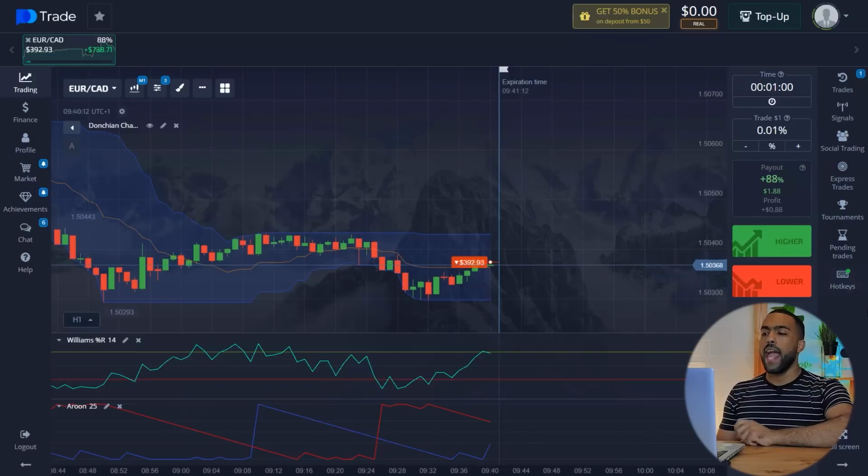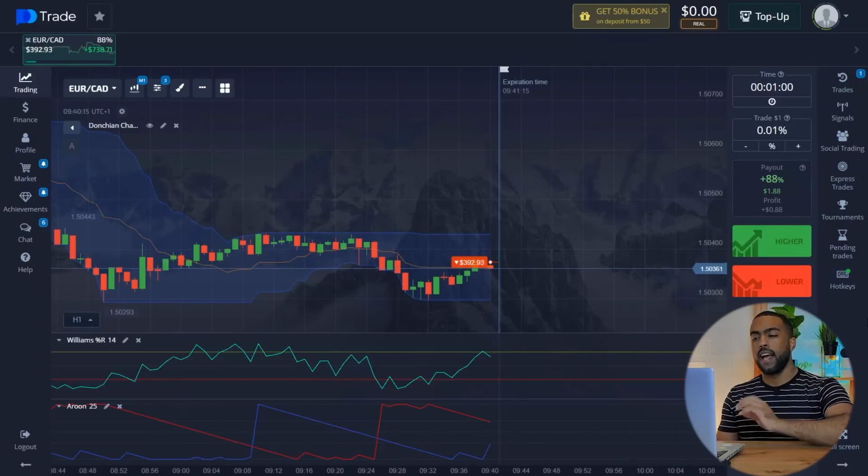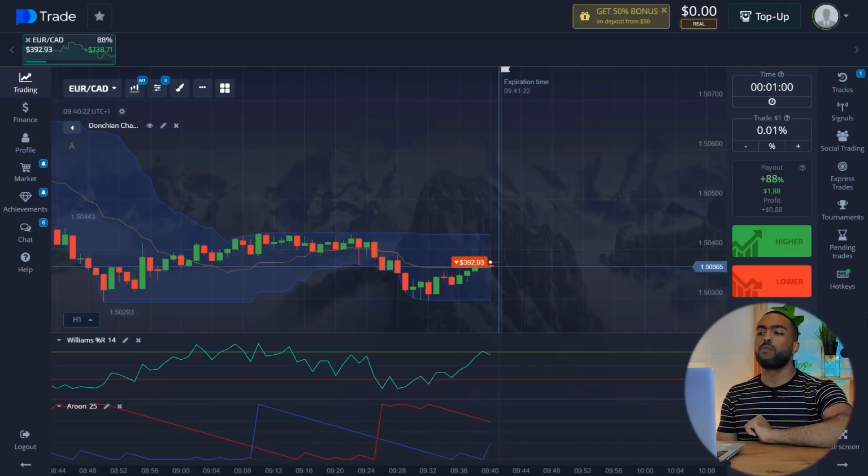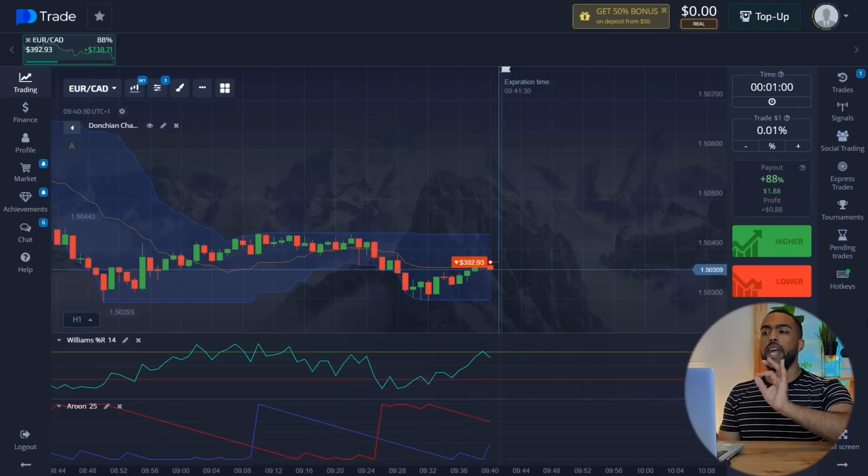1 minute. And I made this decision because despite the growth of the price, the line of the Williams indicator, after entering the overbought zone, it began to shift downwards, and this was a clear signal for me about a possible decline in price. And continuing the conversation, I want to note that if you compare binary options with Forex, the latter begins to lose the competition. So binary options